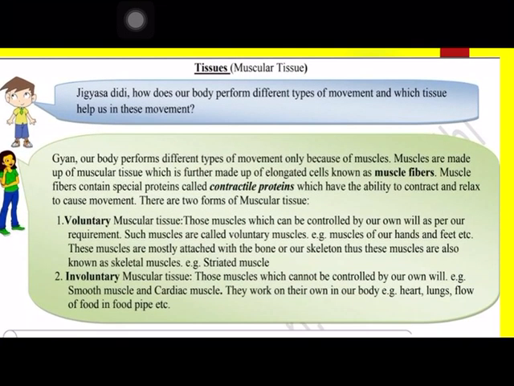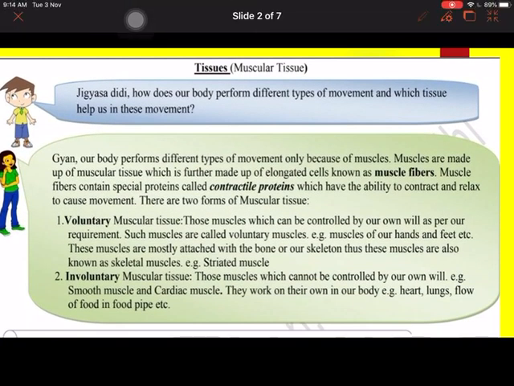Let's start the worksheet. As you know, your chapter on tissue is going on. So in today's worksheet we'll discuss the muscular tissue. Now Gyan is asking how our body performs different types of movements, and which tissue helps us in these movements. अलग अलग तरह के जो movements होते हैं body में कैसे होते हैं और कौन सा tissue हमें help करता